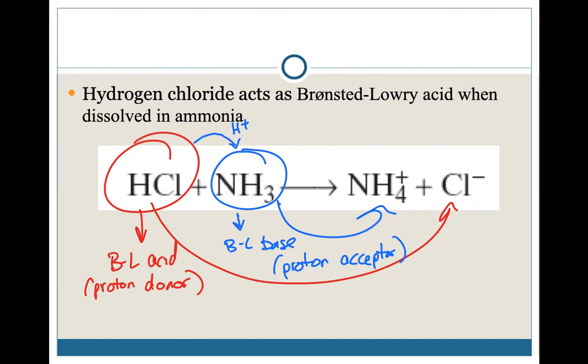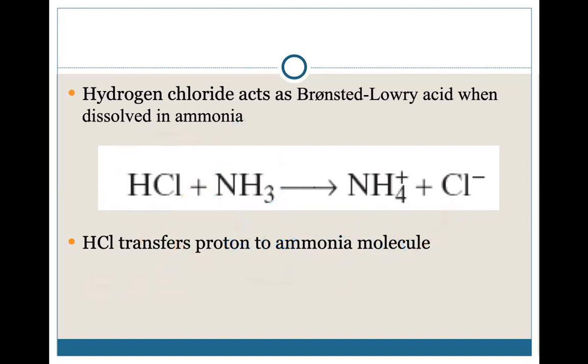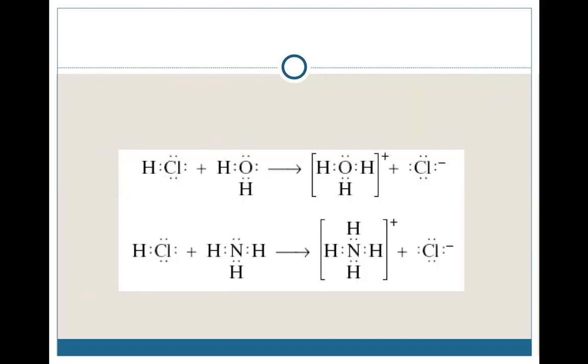So every time I give you an equation and I say, does Bronsted-Lowry definition apply here? You're just going to say, did something donate a proton? If it did, then it absolutely applies. And then you have to figure out which one is the acid, which one is the base. So HCl transfers the proton to ammonia and it forms ammonium, which is NH4 plus, and you're left with the